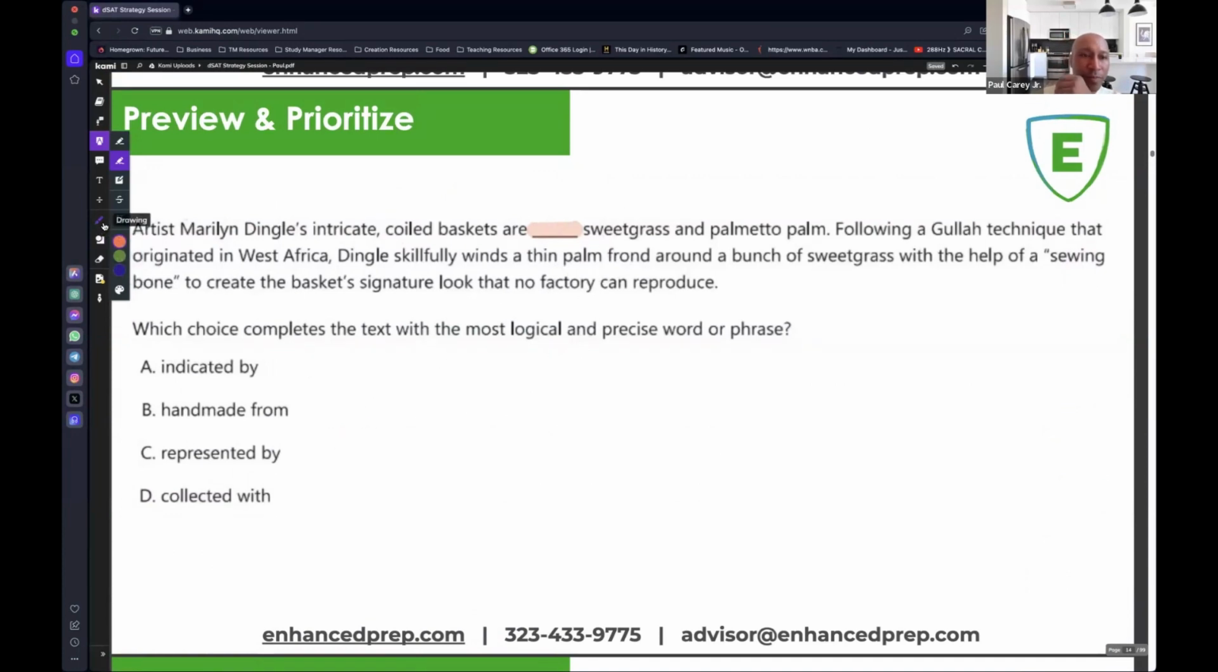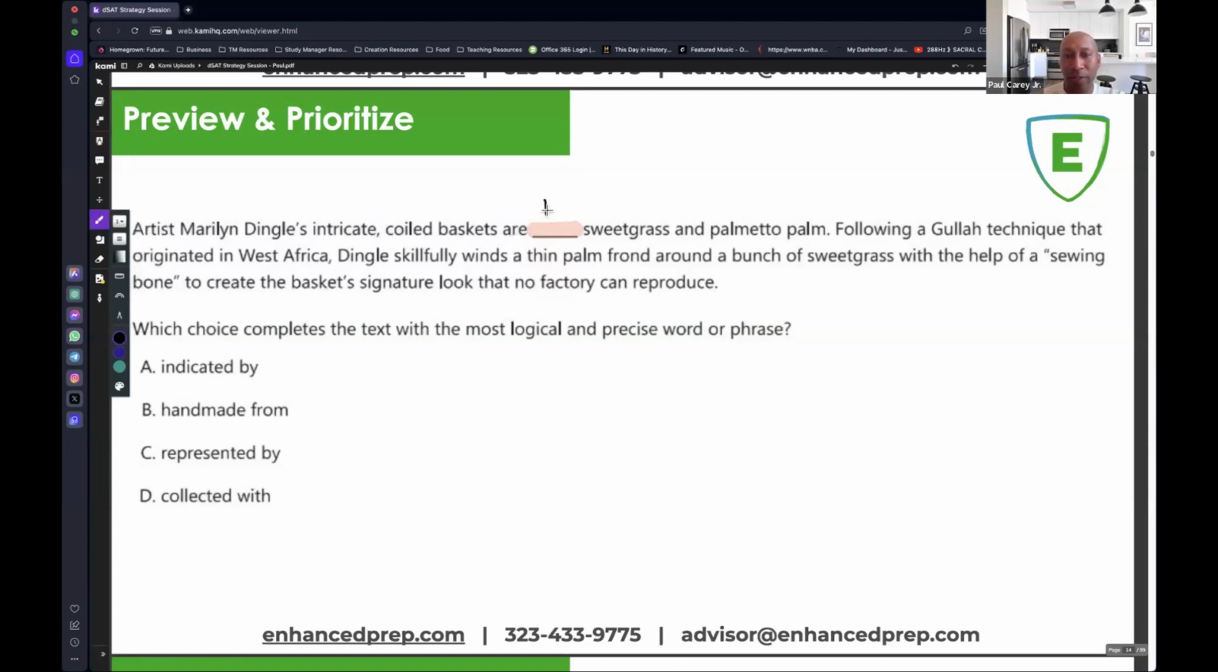So this one says, artist Marilyn Dingle's intricate coiled baskets are something, sweetgrass and palmetto palm, right? Following a technique that originated in West Africa, Dingle skillfully winds a thin palm frond around a bunch of sweetgrass with the help of a sewing bone, and creates a basket, a feat no factory could produce, right? So what can we put in here? So artist Marilyn Dingle's intricate coiled baskets are